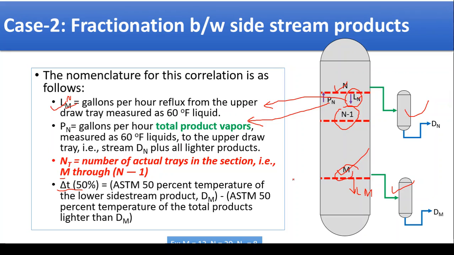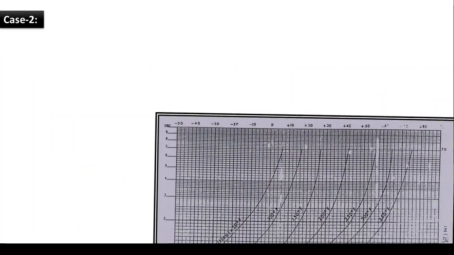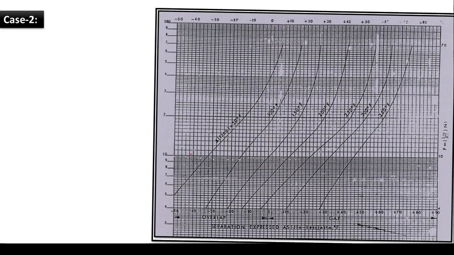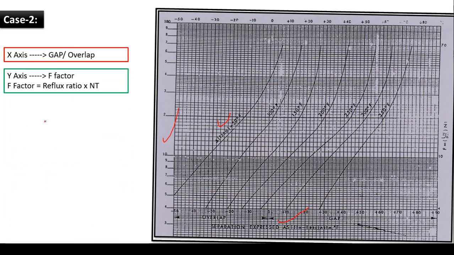After explaining these cases, let us look at the graph for case 2. The graph is the same: the x-axis is the same, the y-axis is the same, only the delta T values are changed. So x-axis, y-axis, and the constant curve values are given here. We still have to find out the x value: y is given, so find the y value, the graph is given, these curves are given, and in this way we can find the x value. So basically this is all about the concept. Now come to the problem which we have to solve. How to solve the problem, let us do in the next video.